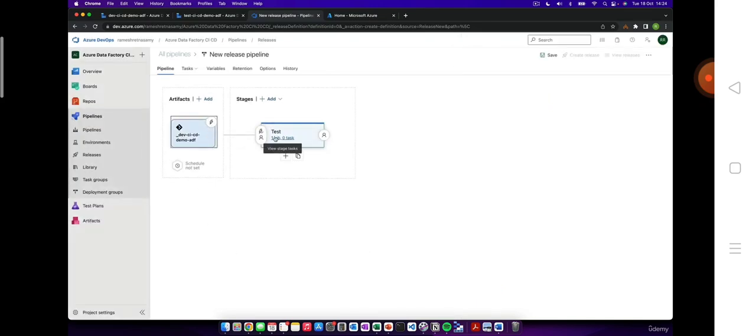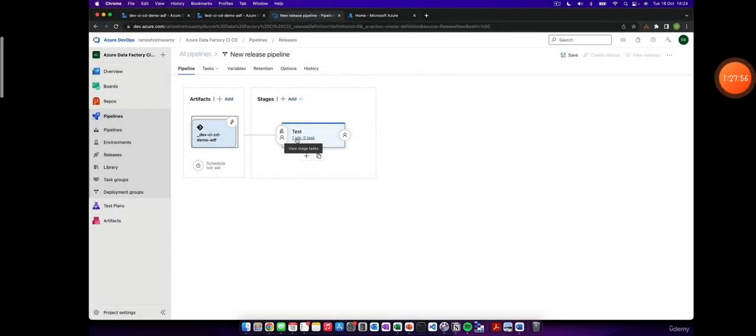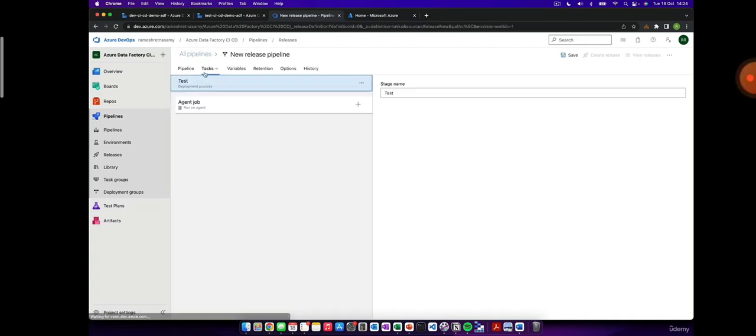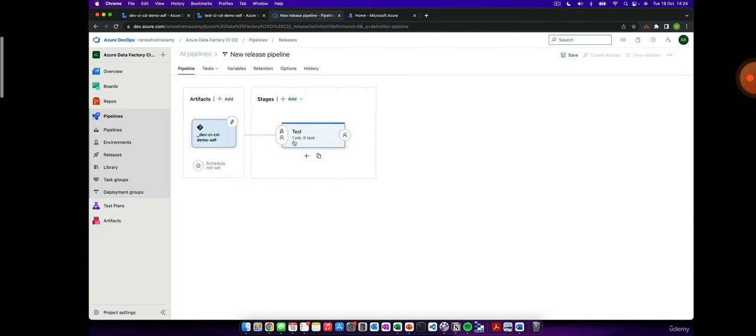So as we discussed before, we've got the stage which is test. Within the stage test, we can add our tasks. We want to add the first task, which is our ARM deployment, and in future lessons we'll be adding the pre and the post deployment scripts as well. In order to add the task, either you can click on the hyperlink here, or you can come over to tasks here and then add the task. But I'm going to go back to pipeline and click on the hyperlink here,